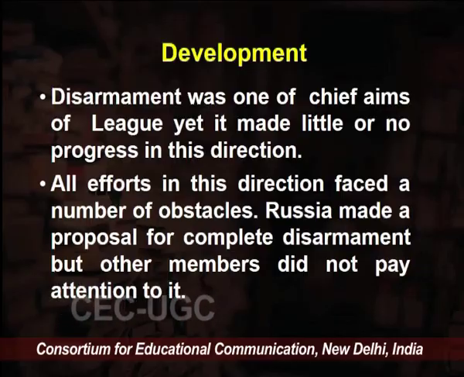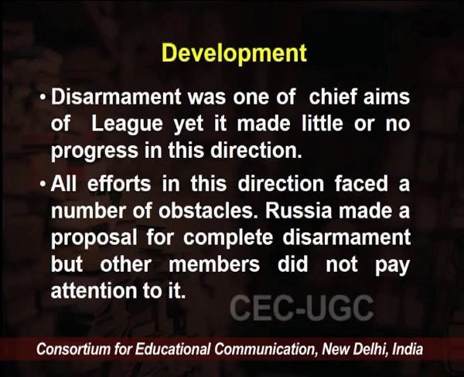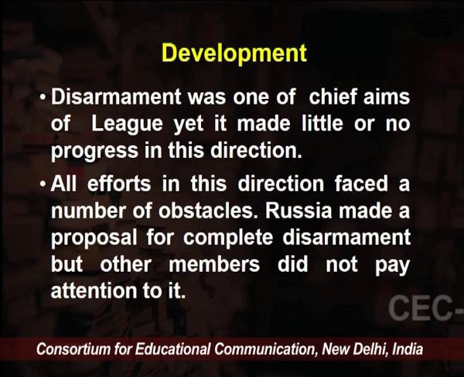And in this series, we also find that disarmament was one of the concerns of the League, because we had seen how during the First World War and even before that, there was a race for armaments in the different countries of the world. They were competing against each other to increase their armaments. So, these armaments needed to be reduced, because if they are not reduced, they can lead to war. And in this particular case, the League could not make much progress